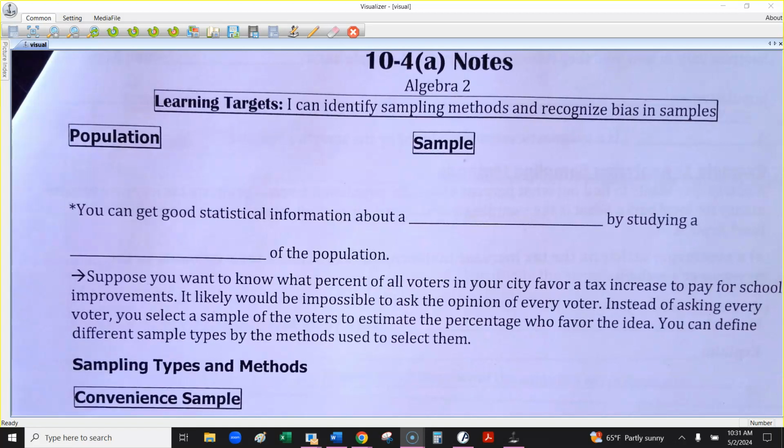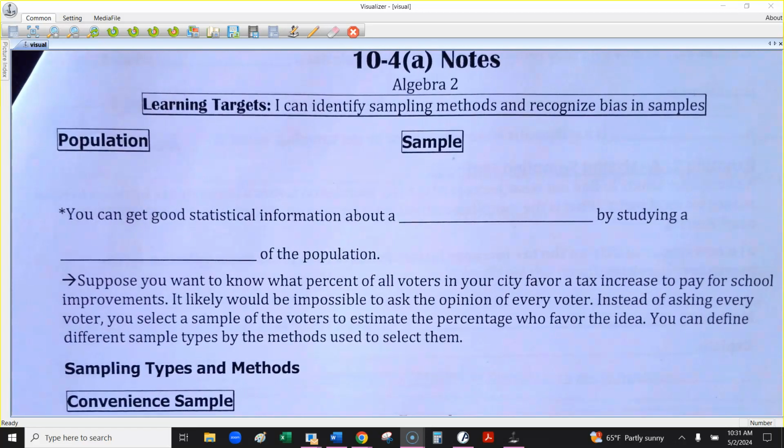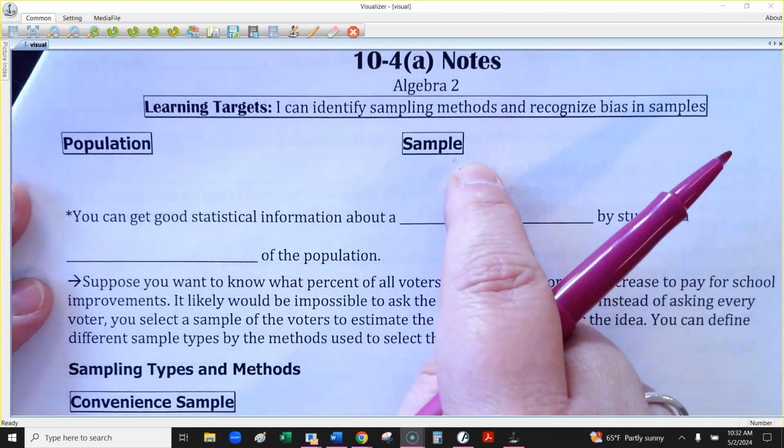To talk about today. And a lot of this is just going to be definitions and recognizing what type of method we're using. A lot of this can be your opinion, as long as you can argue it. A lot of the stuff we're going to talk about today, as long as you can defend your answer, it could be different from the person next to you, but still correct.